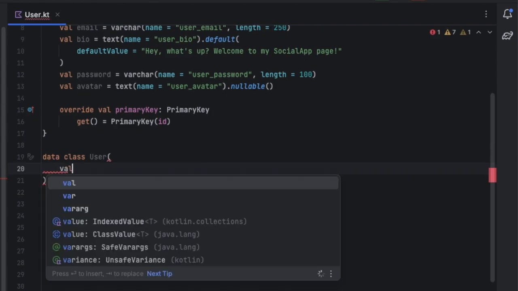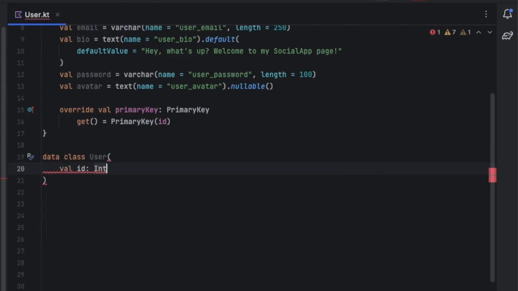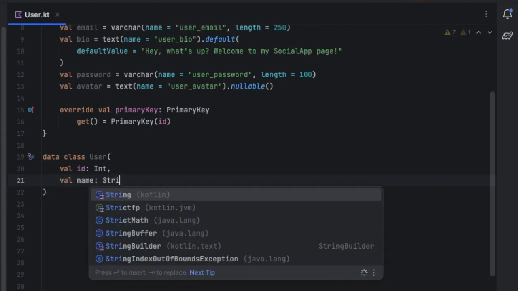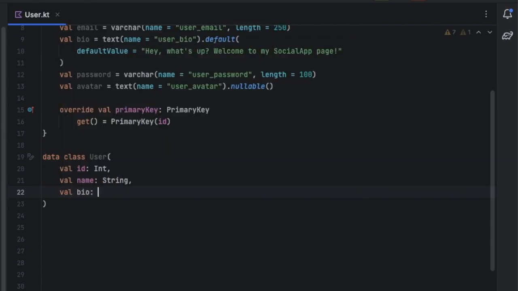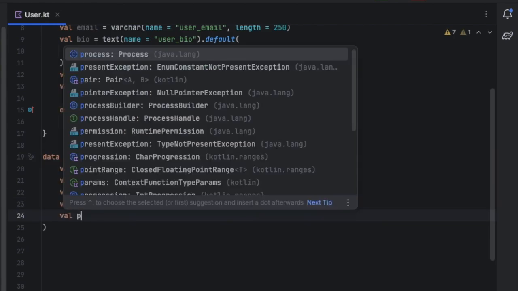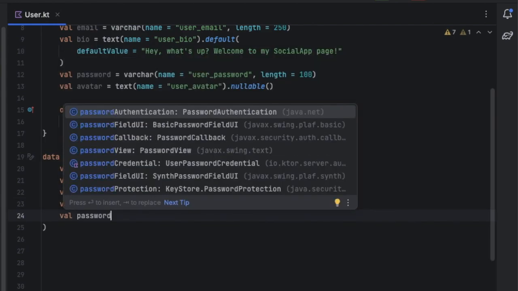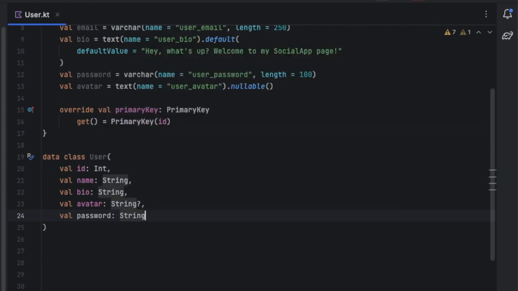Alright, so our user needs an ID that will be of type integer. We need a name that will be a string. We need a bio that will be a string as well. We need to return also the avatar, nullable string, and we can return the password as well,